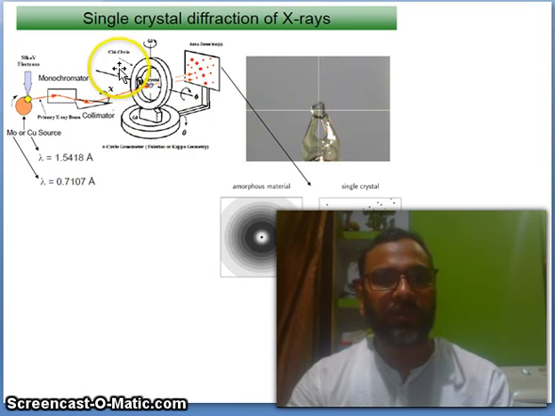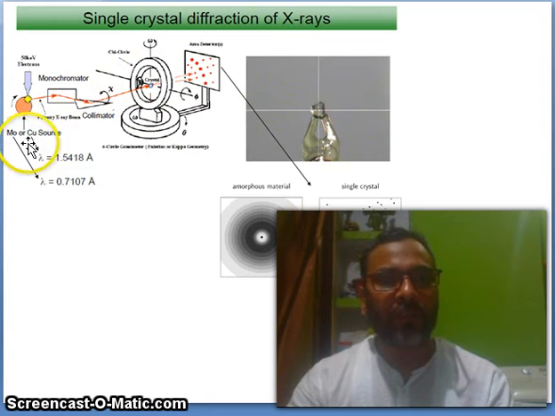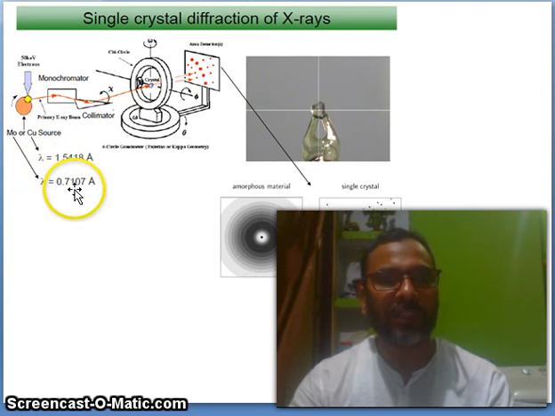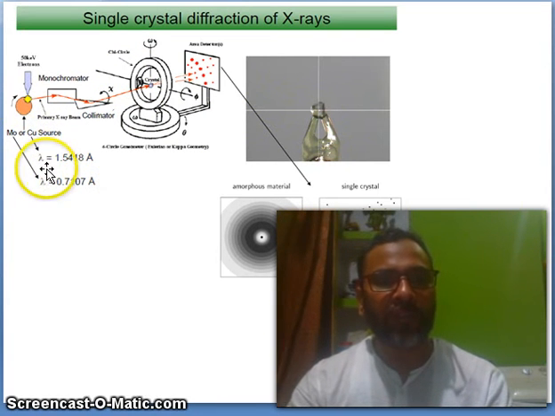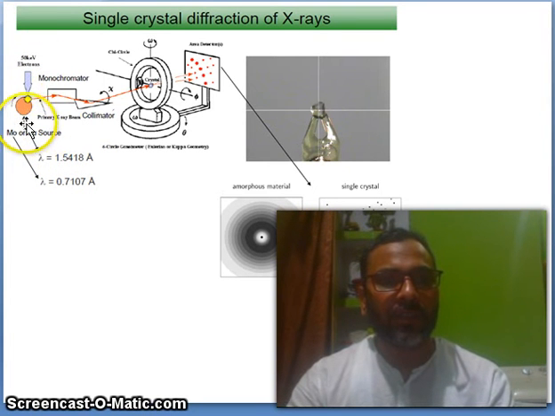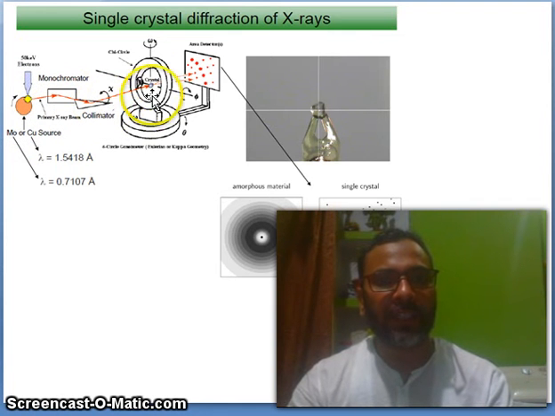So this is molybdenum or copper sources. If you have molybdenum, then lambda is equal to 0.7107 angstrom. If you have copper, then lambda is equal to 1.5418 angstrom. So this is the monochromator, collimator. Here is your sample, and there are angles theta, phi, omega,